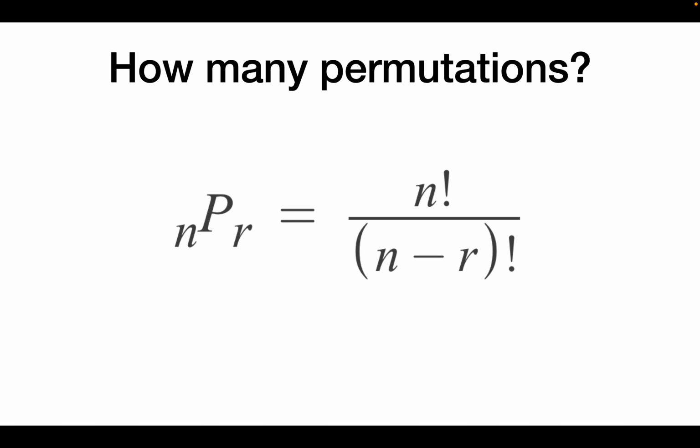So let's go back in time to 7th grade or whatever math class. How many permutations can there be? So there was this magic equation we were given. I always forget, I always have to look it up. NPR. So given n elements, if we're to choose R, we have this formula to calculate the total number of